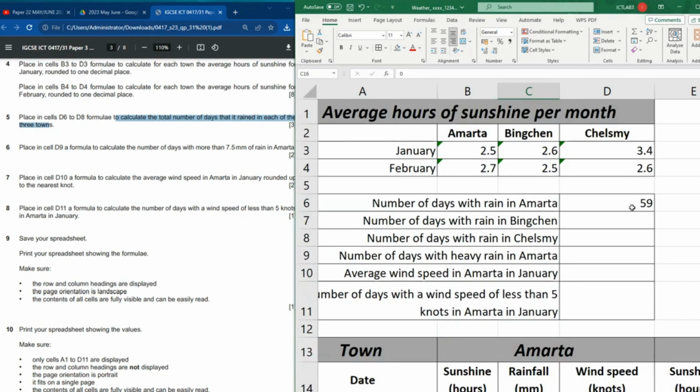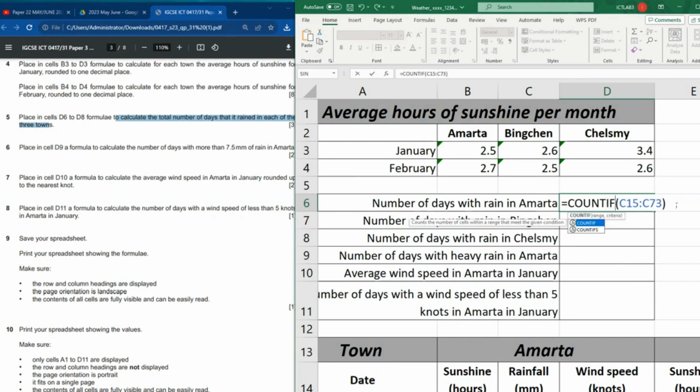In that regard, what we need to do is use COUNTIF. I've done one video about this. You can check my previous video on spreadsheet formulas. You need to use COUNTIF. This is the range, but what is the criteria? Criteria is any value that is greater than 0. Then you press enter. It will count only the values that are greater than 0 for you. All right,